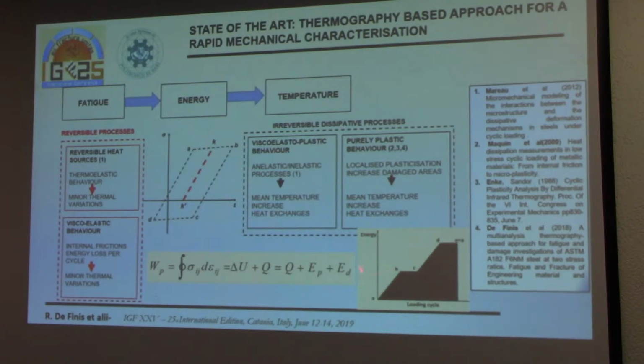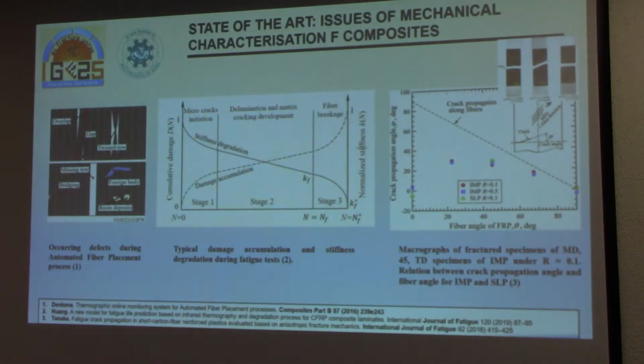But what is interesting is also this energy, which is related to the energy of the hysteresis loop. As previously said, it is a useful parameter used during fatigue fracture mechanics assessment, because it is related to the second-order temperature variation, which increases due to the elastic strain during the hysteresis loop. But whether or not the composite is produced by the AFP process, what is interesting to see is that the reduction of mechanical properties can be described